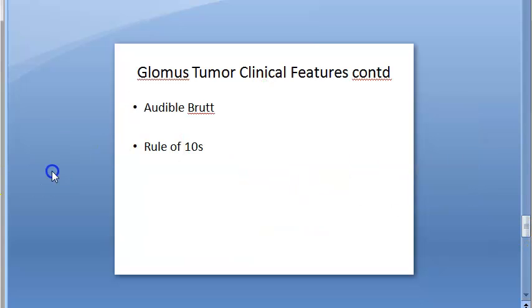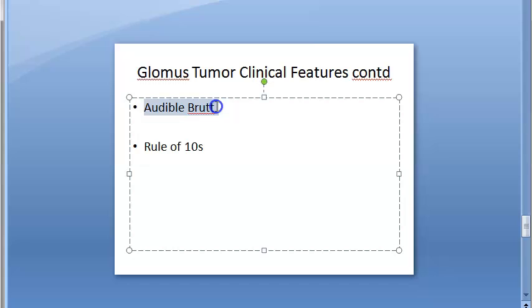Some very rare things are there called, what are those? Okay, it is not rare. This one at all stages it says that audible bruit. So when you auscultate with stethoscope over the mastoid, you will get a systolic bruit at all stages. Okay, this is at all stages. Then rule of, okay, what is this? What more have they written about this?